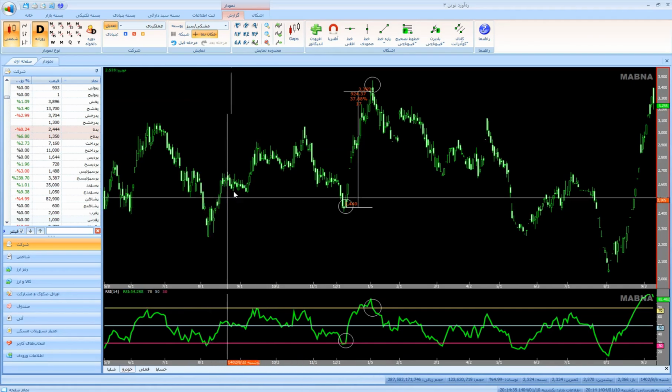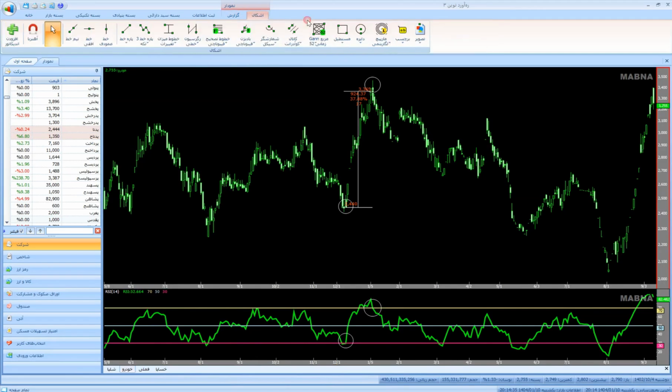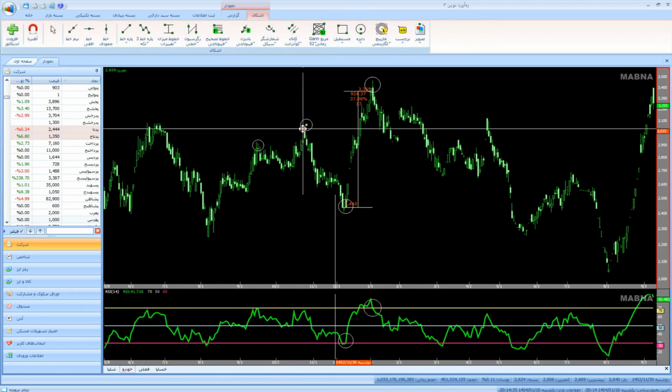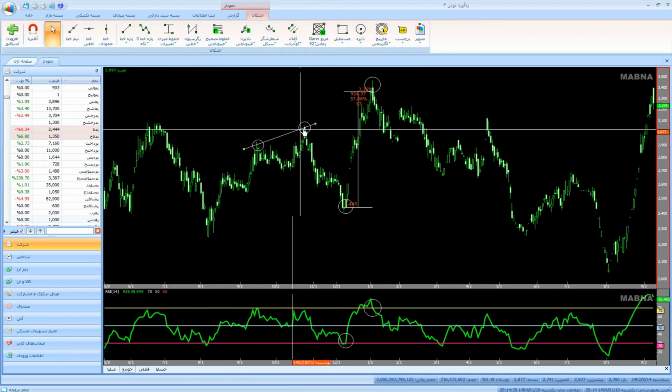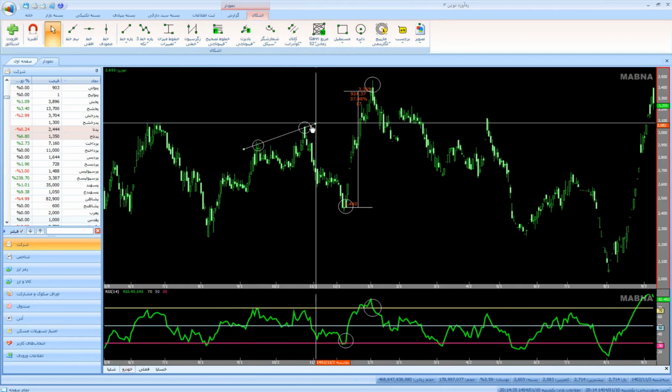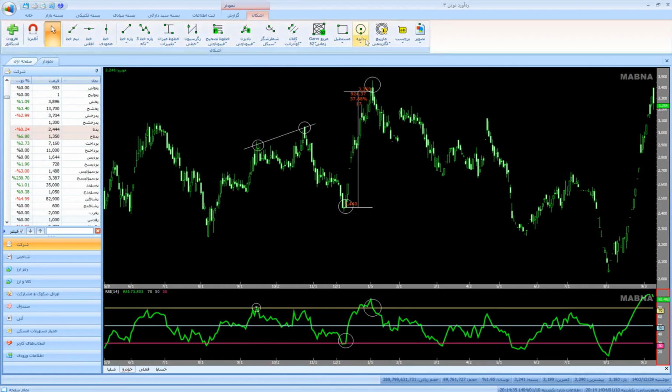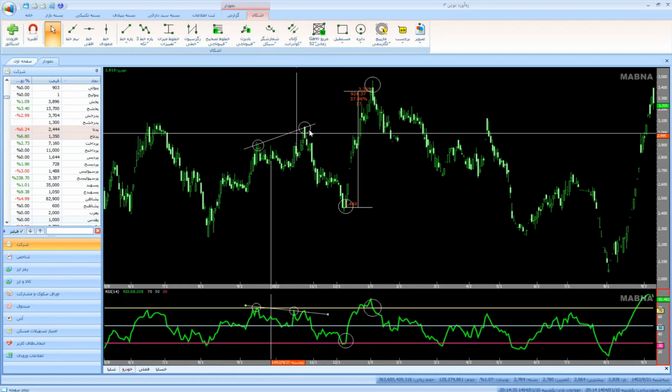Look right here, guys, a trend where I see two peaks from this upward trend. One peak in this area and one peak in this area. And when I connect these two peaks, a line with a positive slope is seen here. But on the RSI, I see two peaks. One is this peak and the other is this peak. And if I connect these two together, a line with a negative slope is created, and this negative slope line indicates that I am actually observing the phenomenon of negative divergence from the second